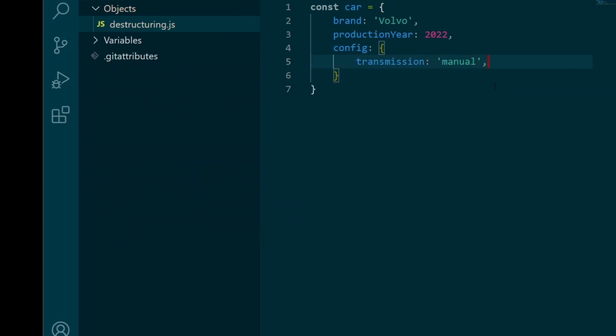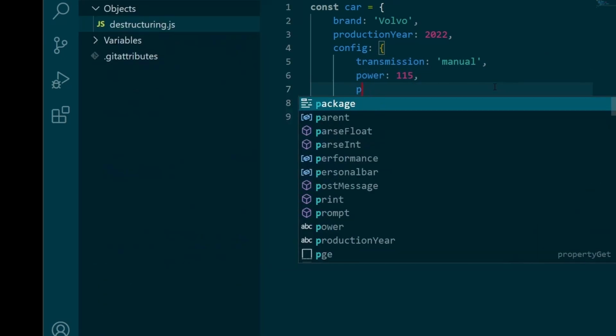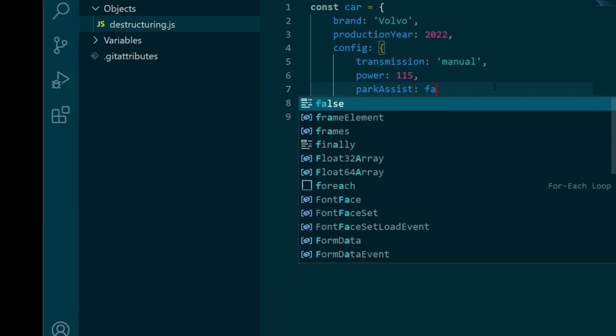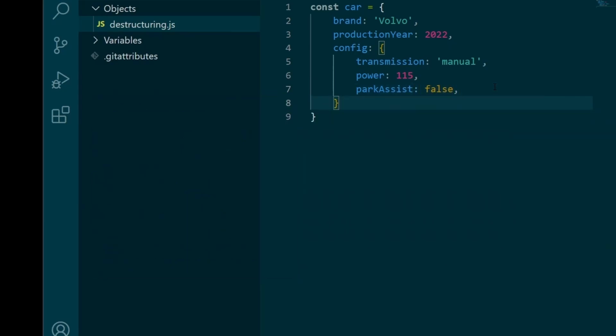We're gonna add transmission manual, power 115, and park assistance set to false. Our sample object is now ready, and I'm going to show you a bad example on how to access the value from the object. To access values, you could use the dot notation, which is going to be a first